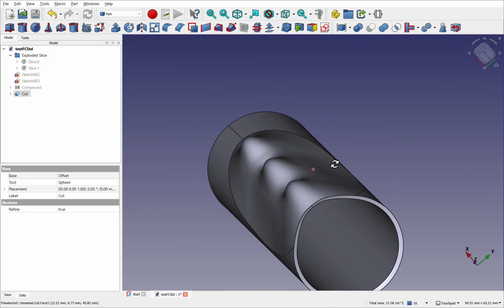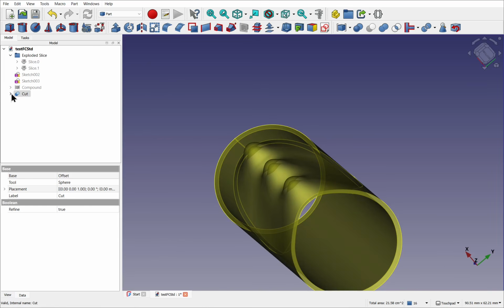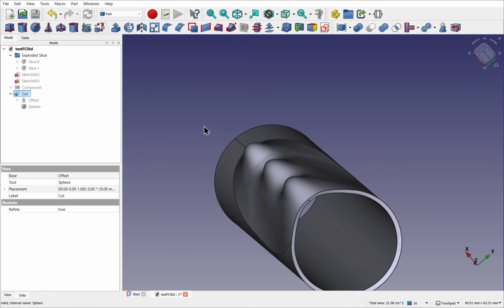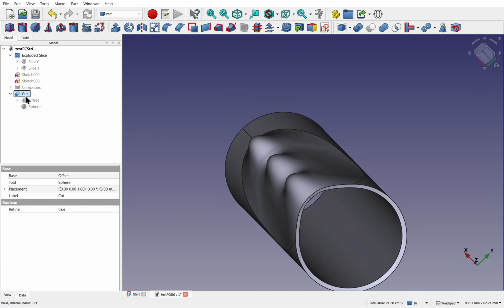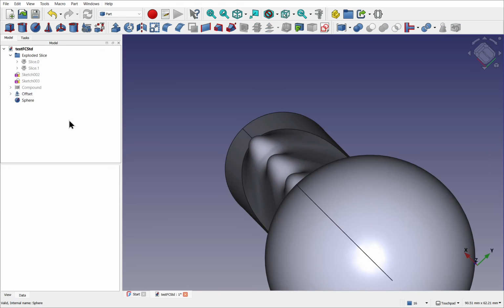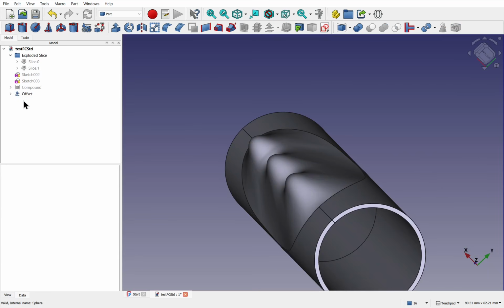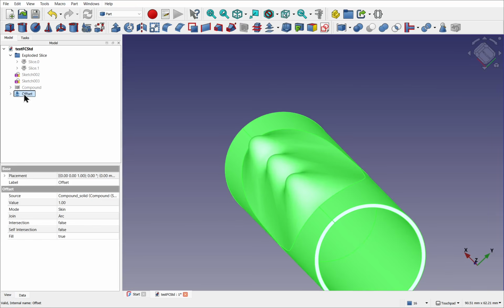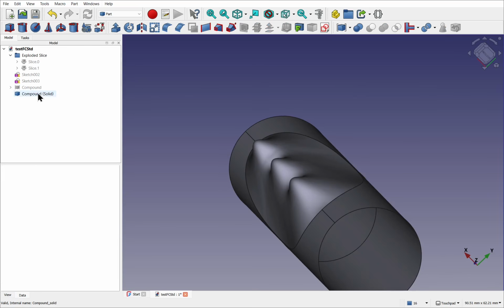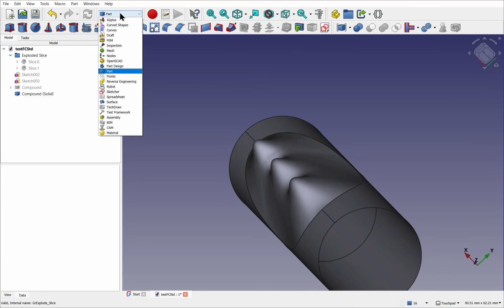Now, if you had problems creating that as a solid, or you want to still keep the parametric capabilities of the model, just delete that cut and delete the sphere and delete the offset. So we're back to our normal compound solid. In version 1 of FreeCAD, there's the scale. So this scale normally would sit on the draft workbench,